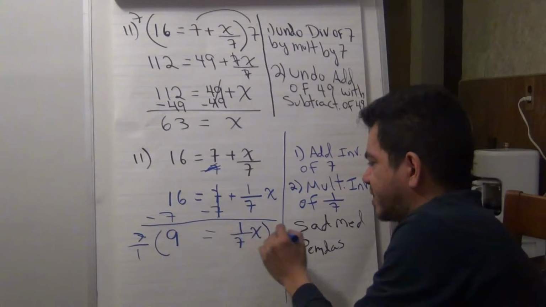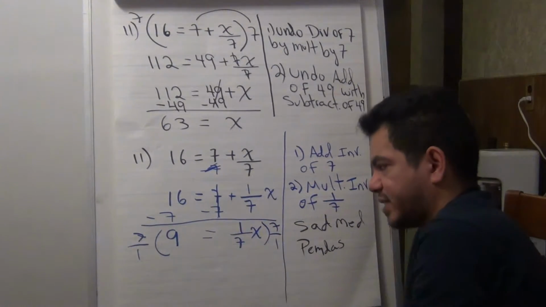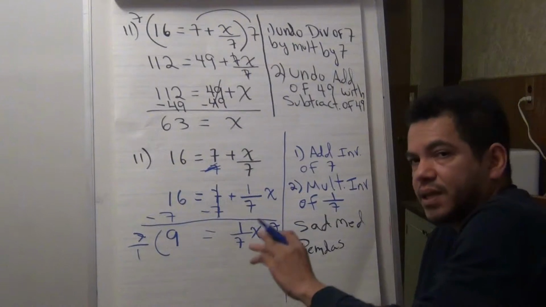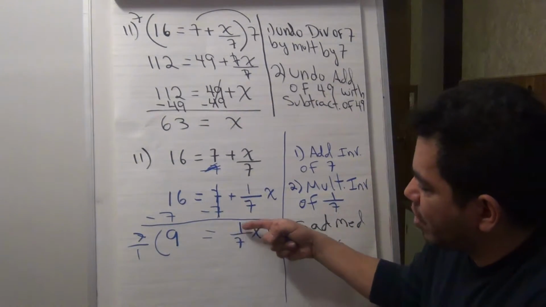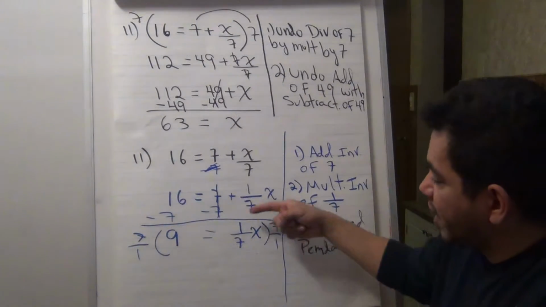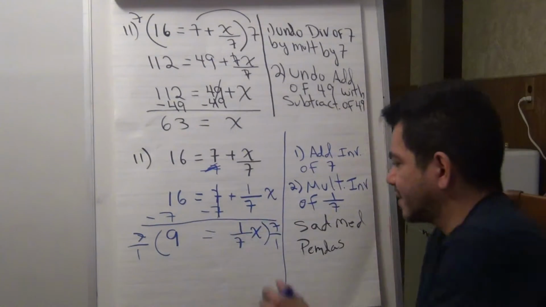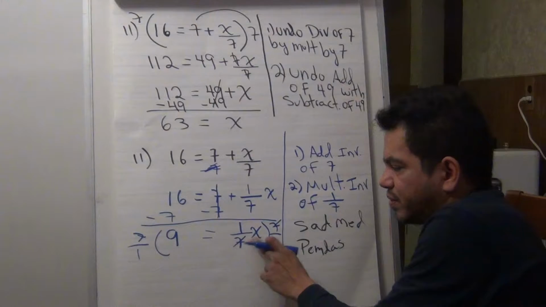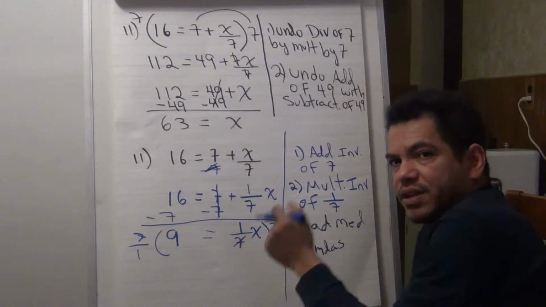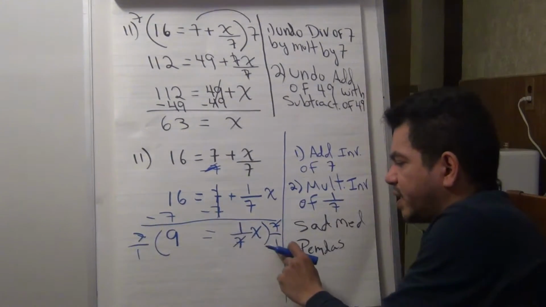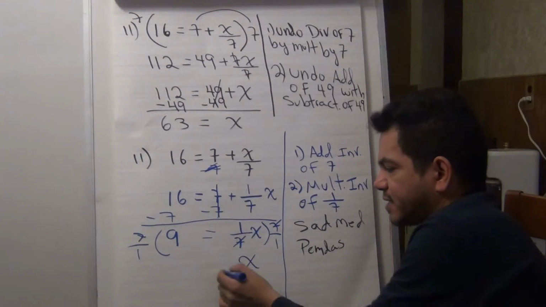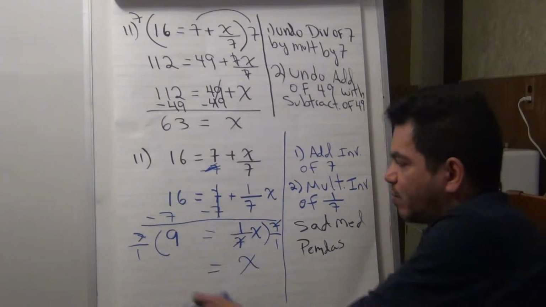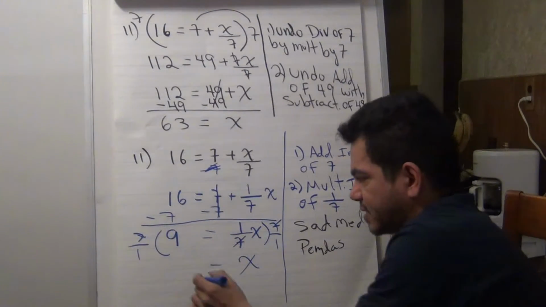7 over 1, ugly 7. Now, remember, as I said before, when you have a number and its reciprocal, or a number and the multiplicative inverse, they will cancel each other. You're multiplying by 7 and dividing by 7, you get 1. Multiplying by 1 and dividing by 1, you get 1. So 1 what? 1x. Now here we get 9 times 7 is